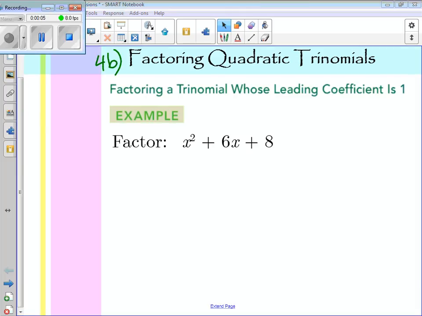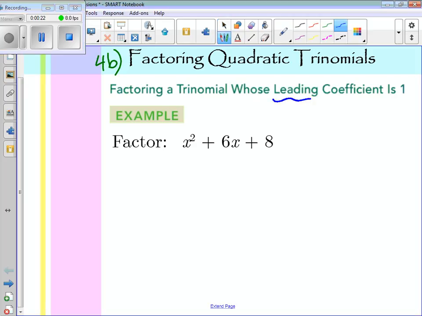Welcome to 4B, which is factoring quadratic trinomials. A lot of this is review. We'll get into some stuff that you may have never seen before. Right away, first example, we are going to be factoring a trinomial whose leading coefficient is 1, meaning in the